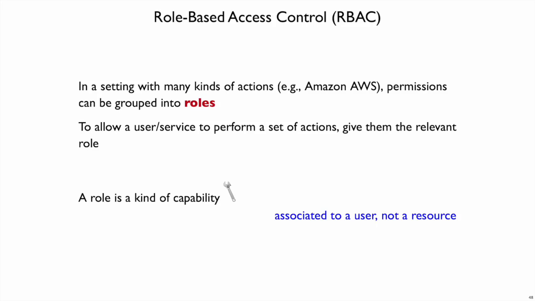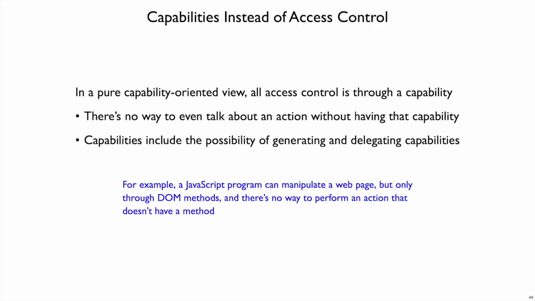So roles like groups here are acting as a capability. That is, it's associated to a user, and an environment acquires this capability by having the user authenticate. So it's associated to the user and not to a resource, which is where access control and access control lists reside. We've taken the view that capabilities are checked by access control, but there is also a view that is